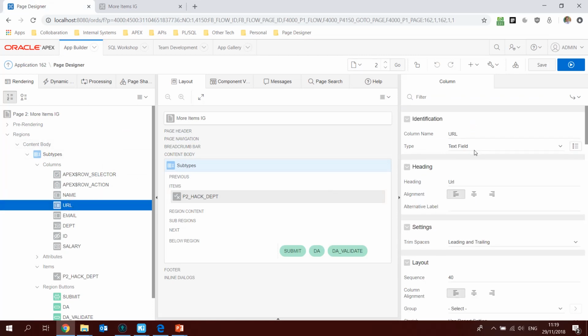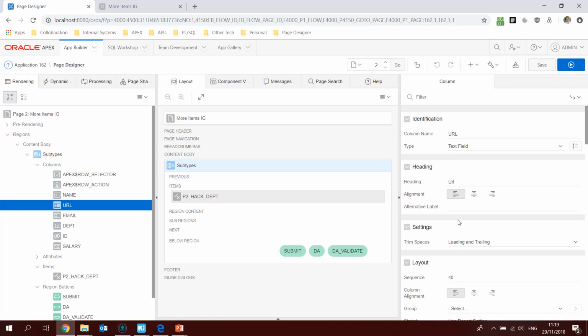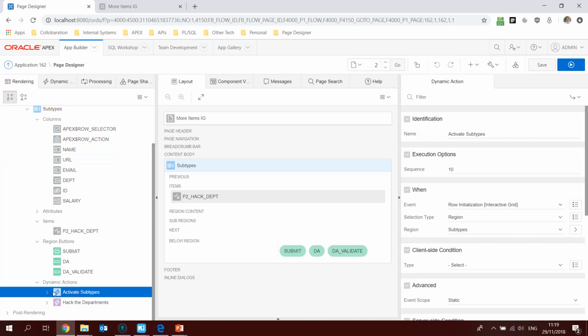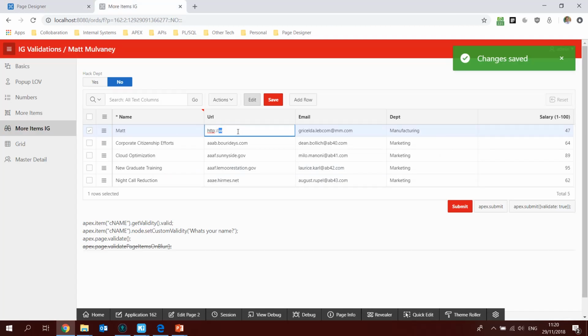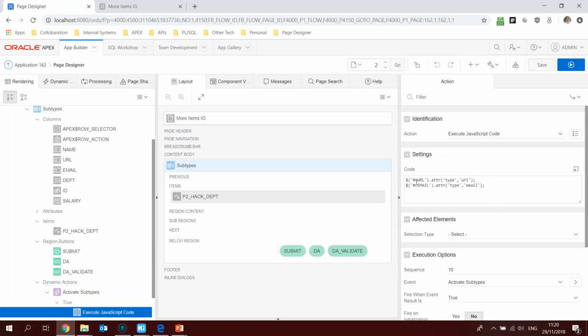Now I said if you want subtypes, set the type to text field and then change the subtype to, in fact the subtype doesn't even appear for text items in the interactive grid, which is a bit annoying. However, it can be quickly fixed. That functionality can be restored with a dynamic action. So I run this on row initialization. So row initialization, when you click into the row, it kind of reveals the IDs. So if we look at that, it says static ID of the column, which I call